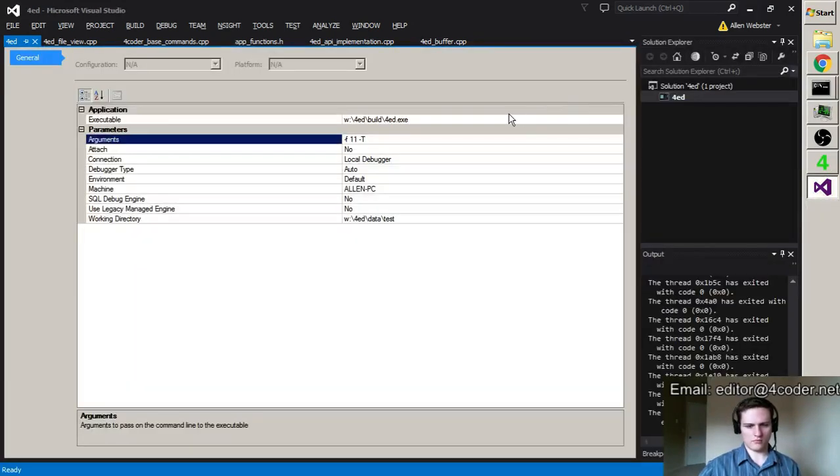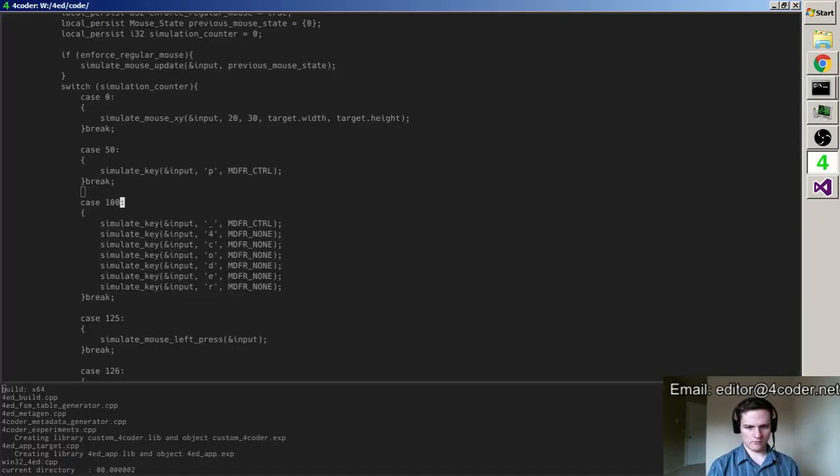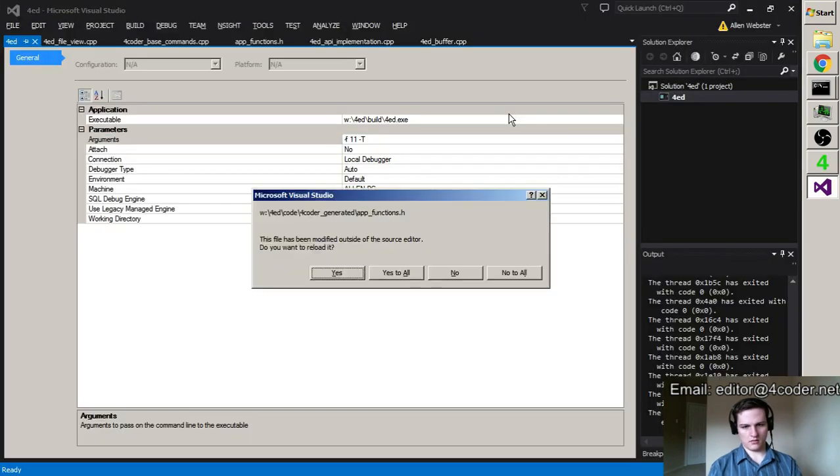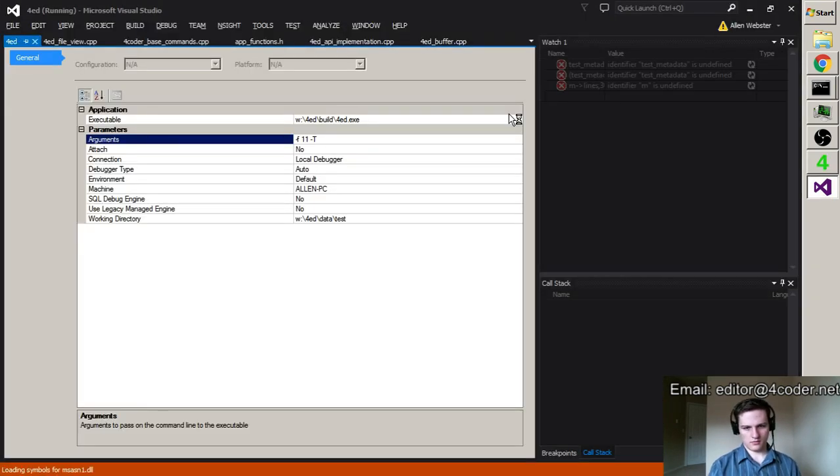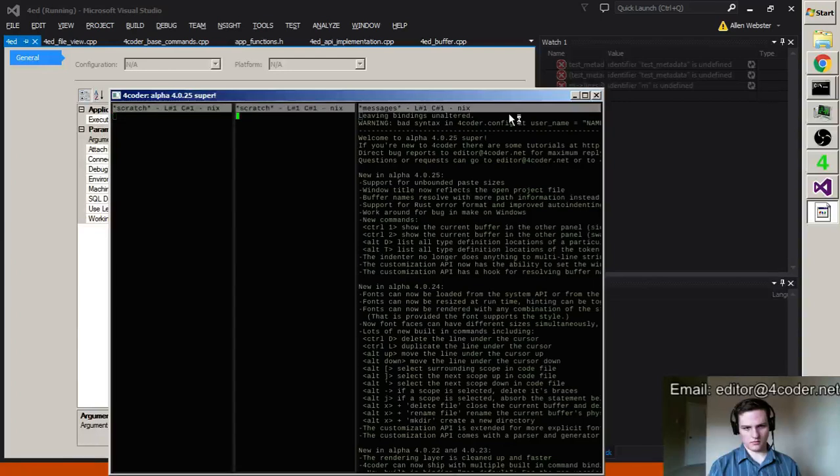Something didn't go right. Oh, did it apply the same modifier to all the keys? See, that's a bug. Yeah.